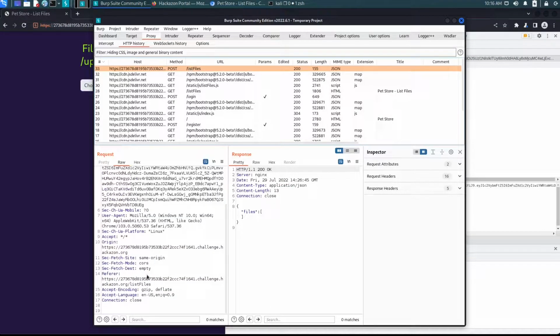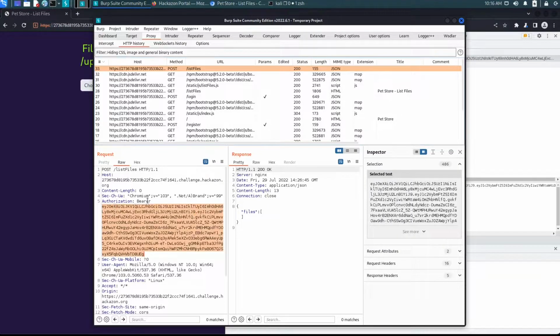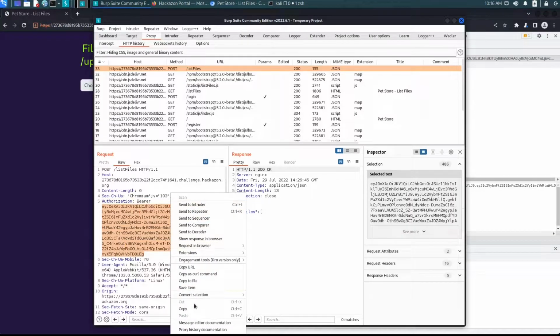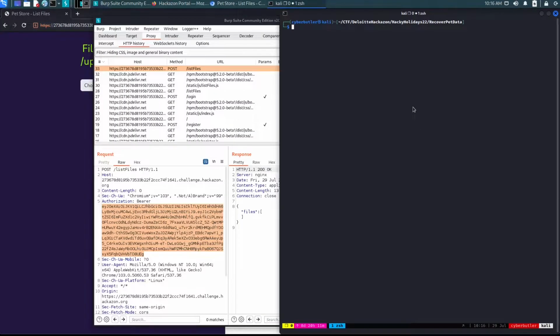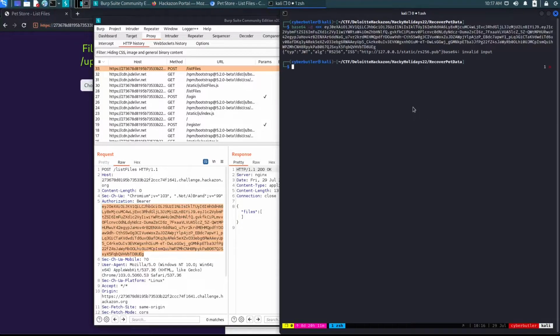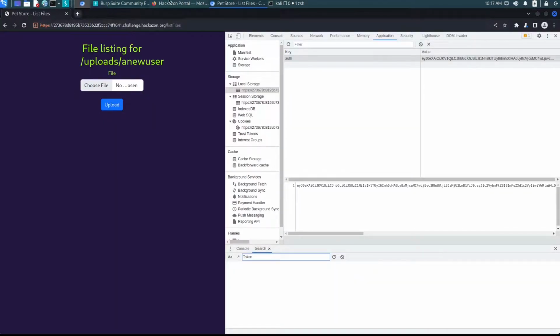I'm coming back over here to Burp Suite and checking out any other requests that have been made, and I can see that same base64 string here as an authorization header. So immediately this jumps out to me as a JSON web token. And we can confirm that by opening up our command prompt and doing a quick base64 decode. And inside of there, you'll see that we're presented with a multi-part base64 encoded message with some JSON web token